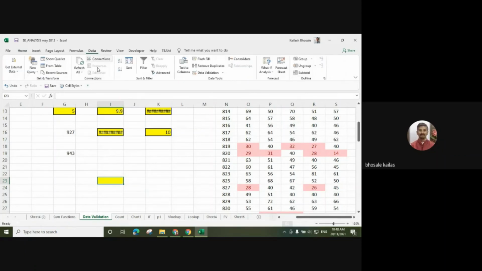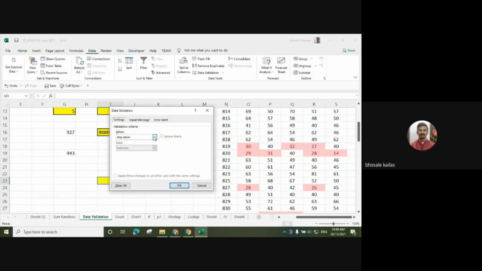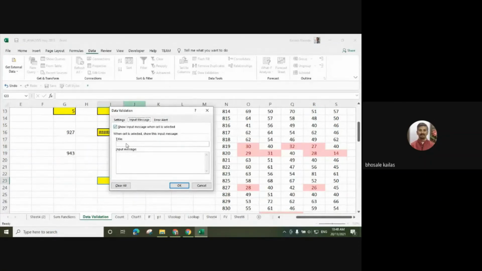So go to the data validation. Number should be a whole number between minimum 0 and maximum 100. I want to enter the numbers between these two values, the minimum value and the 100 value. If the value is not entered between 0 to 100, then what error should be given to the operator or the person? So the input message. What is the title and what is the message? I should give the input message.